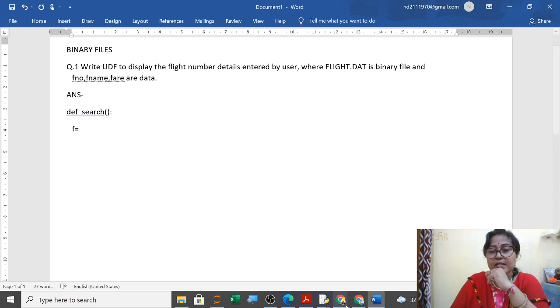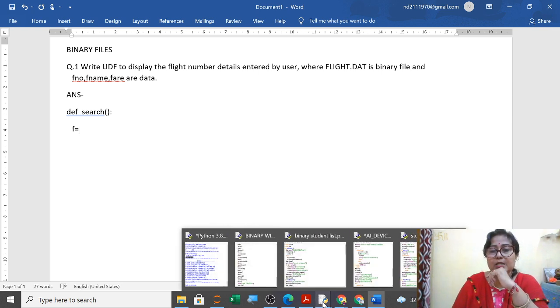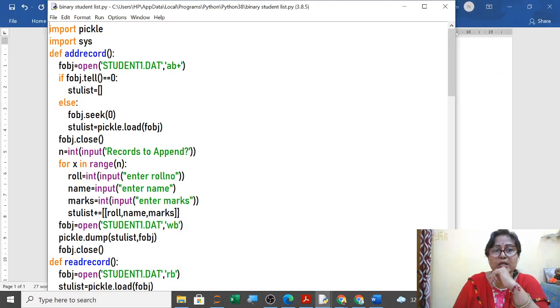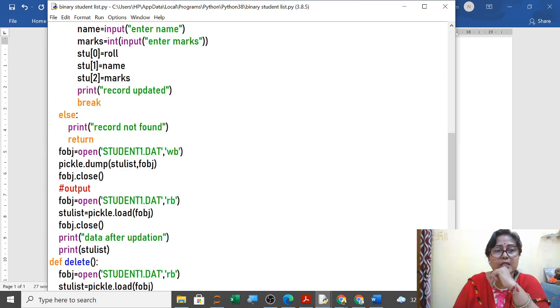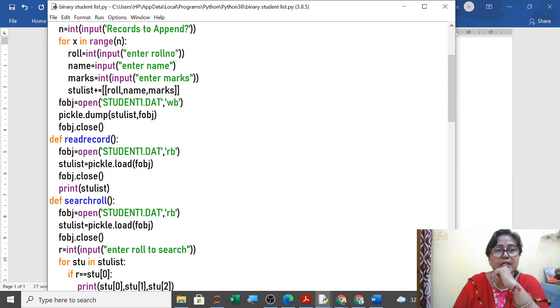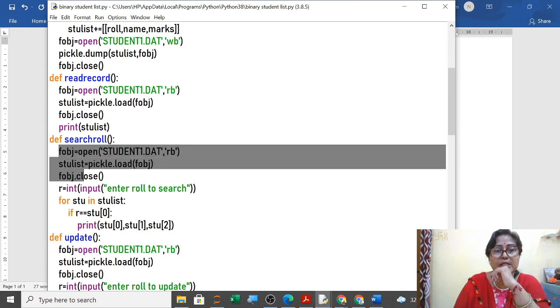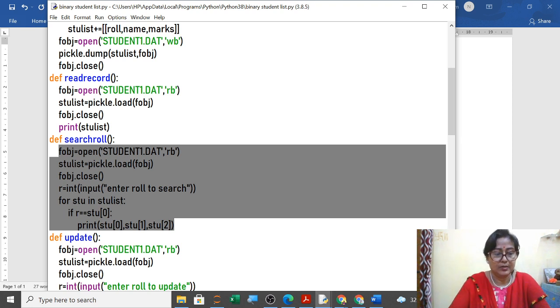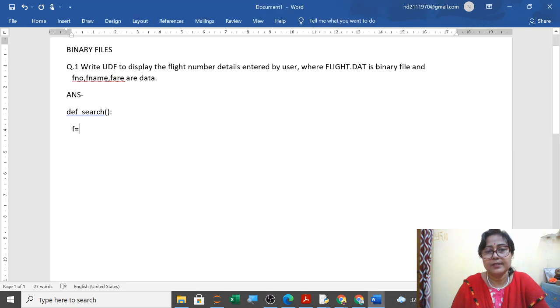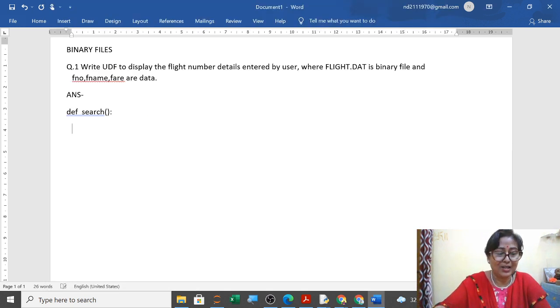The first method will be opening the file and then reading it. This one is your search method, and this is the smallest method for searching records. I have just copied it now; you cannot copy it in your theory paper.